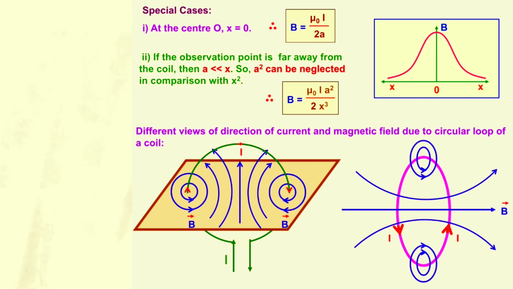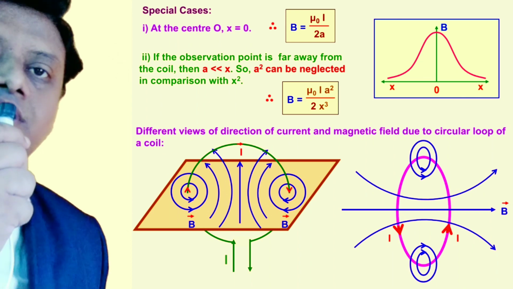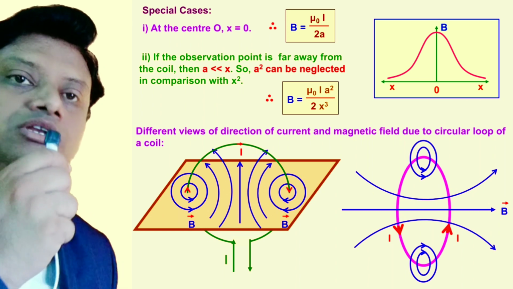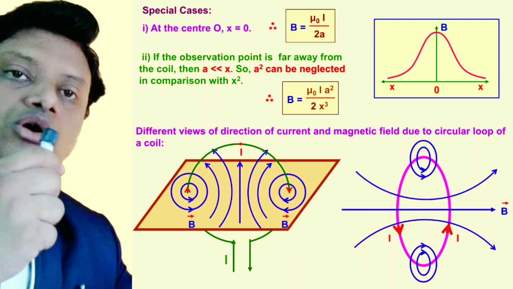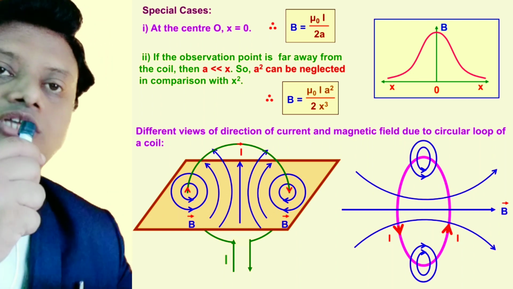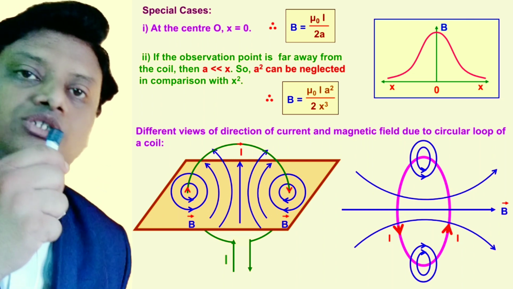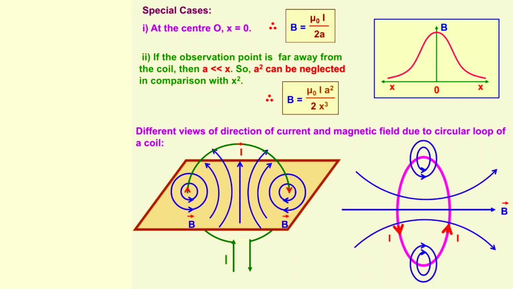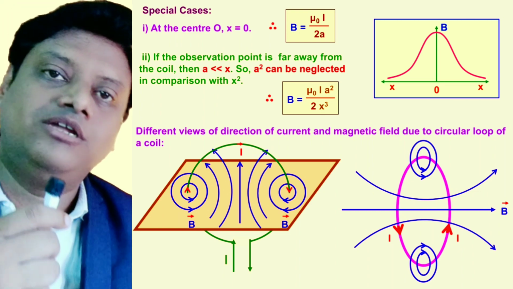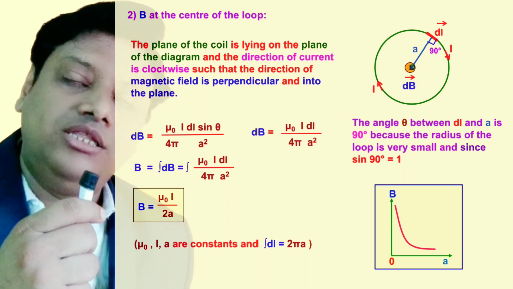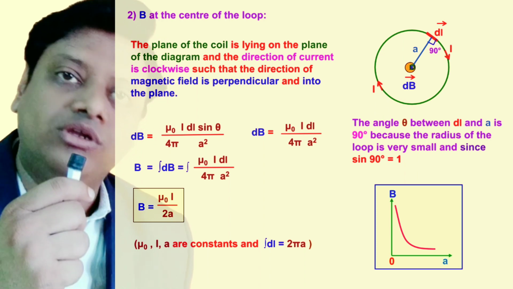Now in the diagram given here at the bottom, you can see two figures. You can see one figure here and one figure here. These two figures represent the direction of the field lines, that means the magnetic field due to this coil when it is kept on a horizontal surface like this. Now the direction of these magnetic field lines due to this coil is given again by the right hand thumb rule or Maxwell's corkscrew rule.